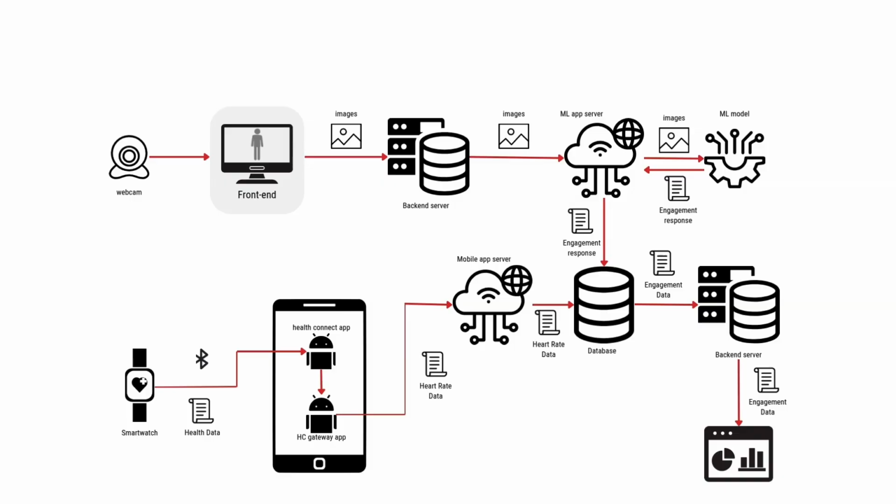At the same time, a smartwatch continuously measures heart rate data. This data is transferred to an Android device via Bluetooth and stored in the Health Connect app. To move that data to the cloud, we created a custom app called HC Gateway, which syncs the heart rate data with our backend. By combining both webcam and heart rate data, we calculate real-time engagement, which is visualized in